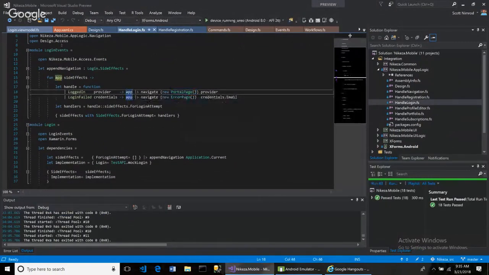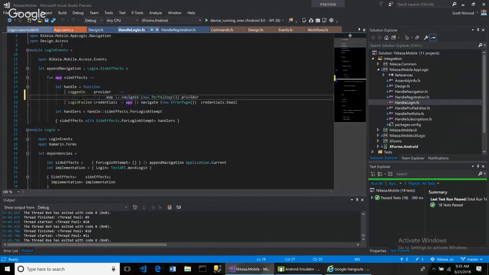There are a number of ways of doing it. Right now, I'm trying to do the shortcut way, but I would say let view model equal,